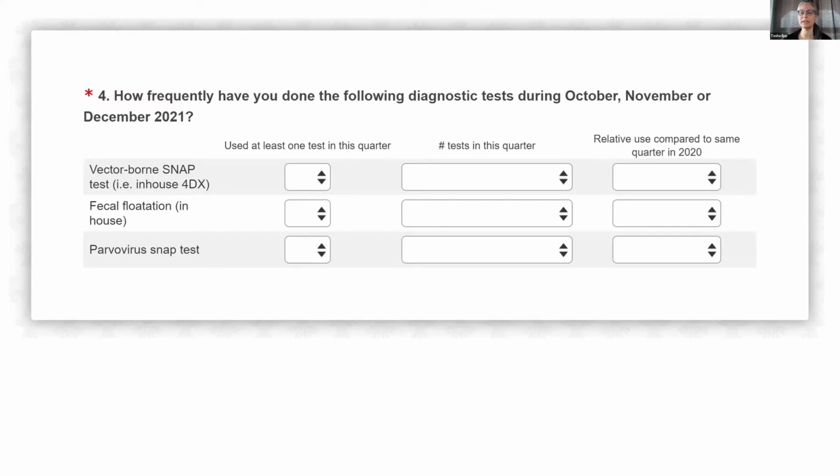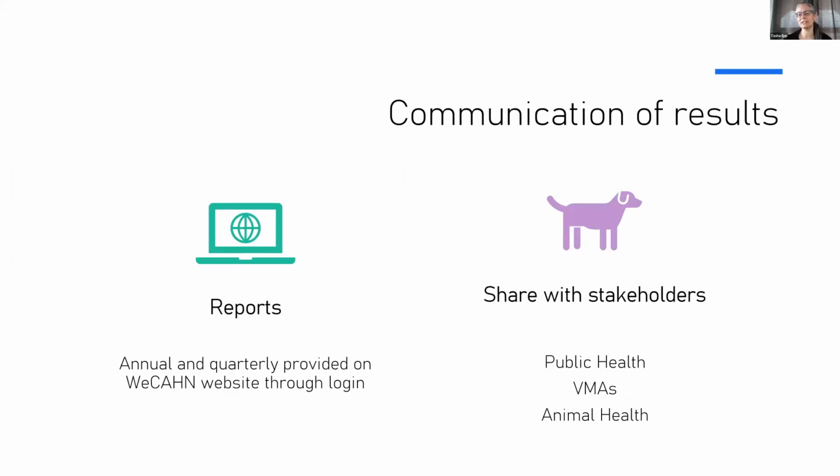And essentially then, right, that information needs to go somewhere. And so the idea is creating reports that can then be shared with stakeholders. For the public health important ones, sharing with public health stakeholders, but the animal health important ones also need to get back to the veterinarians. That can be through the website, the login, or perhaps sending it through the VMAs and the newsletters that are available. So we're still looking at the best ways for communication, and we'll be exploring that throughout the remainder of the